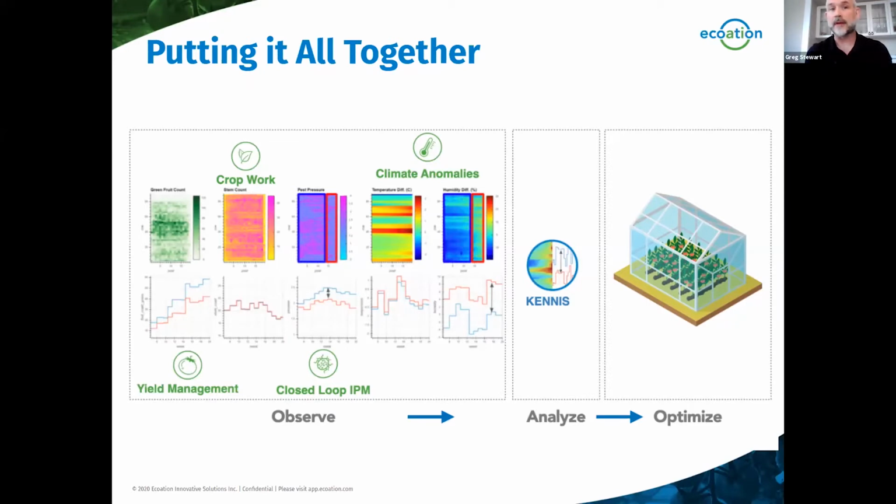If I've got a depressed fruit count and I don't have a pest pressure problem in that area, then I don't have to go and try to buy more biologicals or do a spray. I may look at the climate if that's the place where the first anomaly is, right, to try to correct these things. So what we're really trying to do is get this sort of overarching view of the greenhouse so that we're able to start to understand these problems in a more data-driven way and to try to connect all these things together.